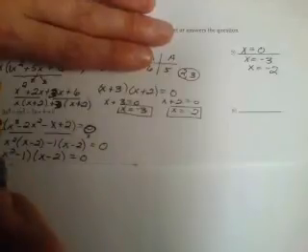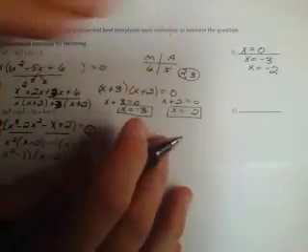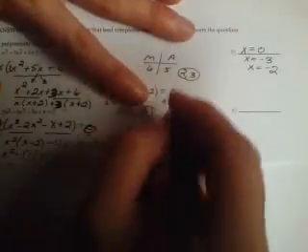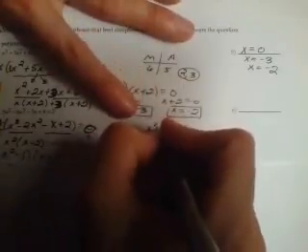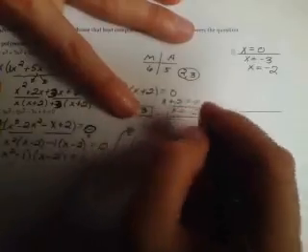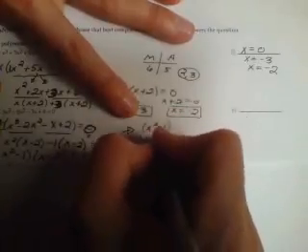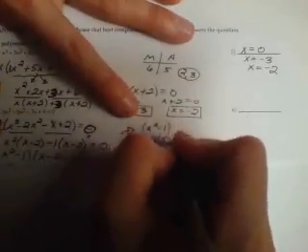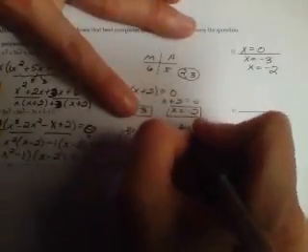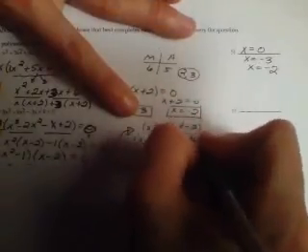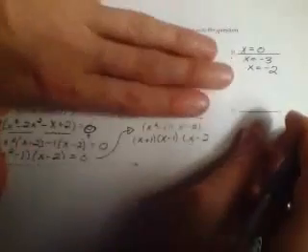So here I've got x squared minus 1, x minus 2. And of course I can break that up more. Let me write it over here so that we have more room to write. X squared minus 1, remember that's the difference of perfect squares. So I can write that as an x plus 1 and an x minus 1. And then the x minus 2 was already okay, so I'll just recopy that. So as we look at this,